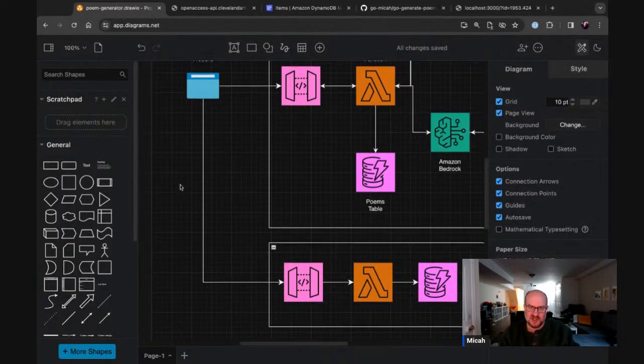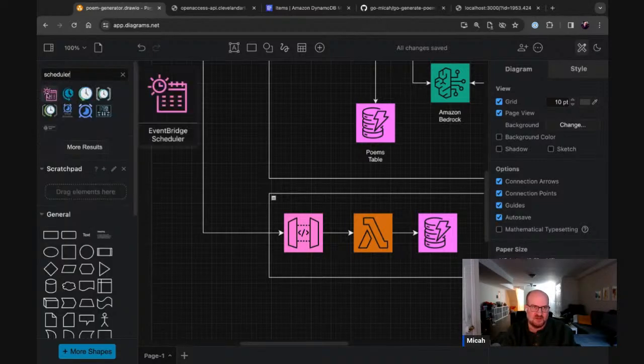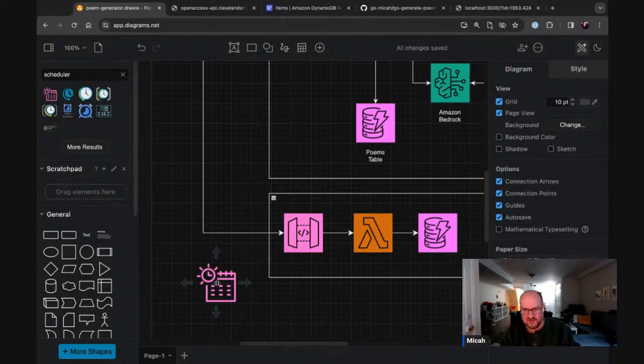So then we're also going to have some kind of scheduler, right? Is that a thing? Yes, EventBridge scheduler. That sounds cool. So we're going to use EventBridge scheduler. Because we're thinking about time zones, we have to run this once an hour or something like that, depending on your time zone. So we're going to have to come up with some logic that figures out when we send you a poem. And then we have to figure out which poem to send you, right? Maybe it's the most recent one, or maybe we do a random one because we were talking about that last time. But the point here is we're going to do something with our work.